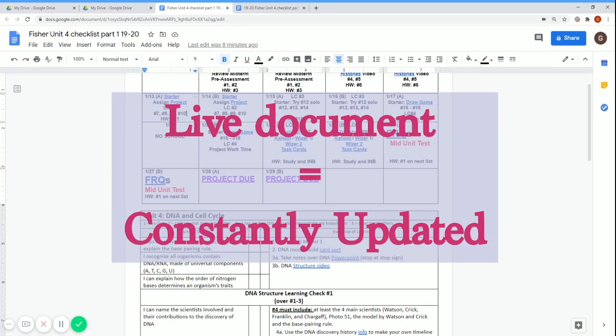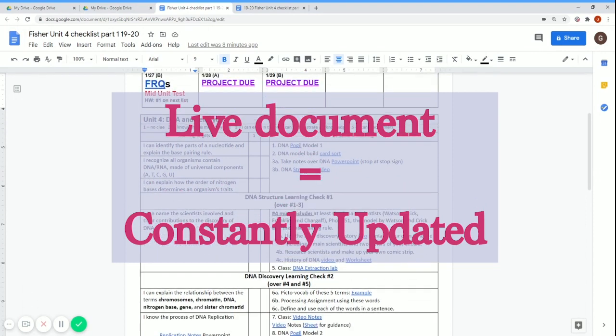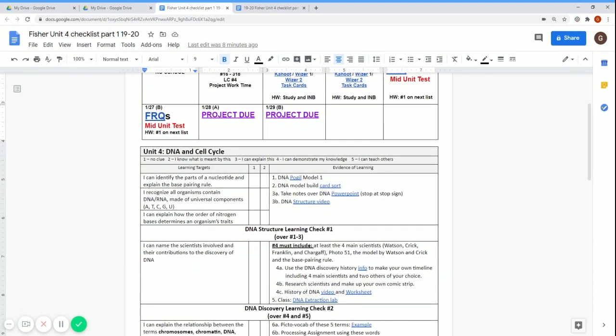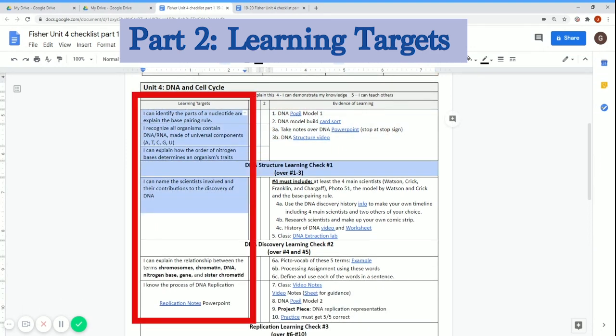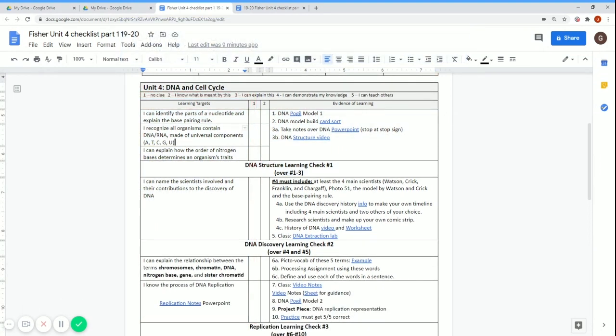They would have a live document of this, obviously, so they could scroll down and see whatever they need to do. So that brings us to part 2, which is the learning targets. I say this is part 2 because this is probably the hardest part of the checklist to set up, only because you're taking, in Texas, we're using TEKS. In other states, I know you use different standards, but you're taking those standards and breaking them down for students